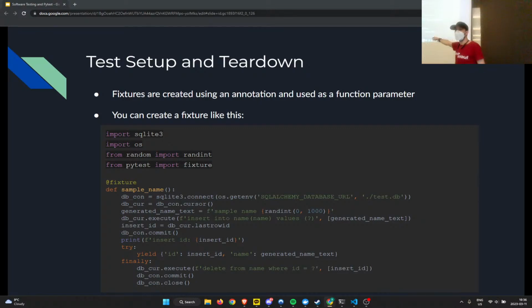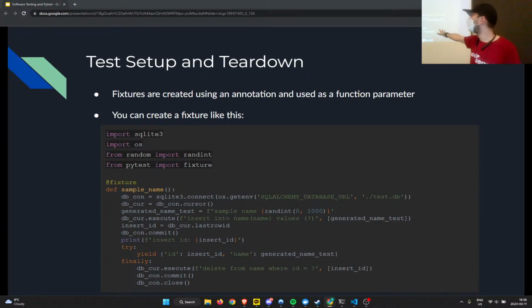Everything after yield is teardown. Okay? So that's why we wrap yield in a try, because if the test fails, we still want to do teardown, right? And then we do a finally, because we don't care if the test passes or fails. We want to clean up the data. So finally, we do our cleanup, which is deleting the name from the database. Okay? Does that make sense to everyone?